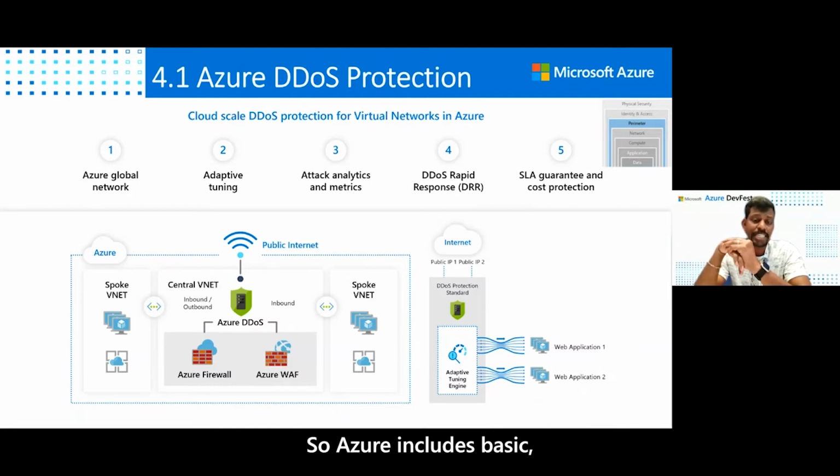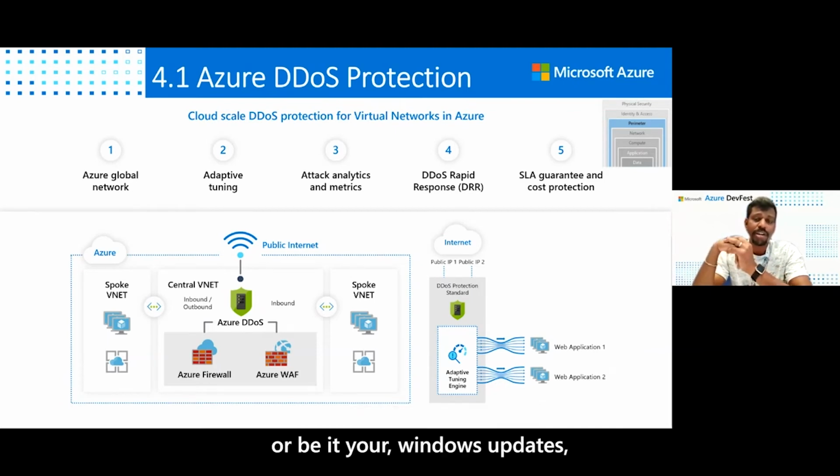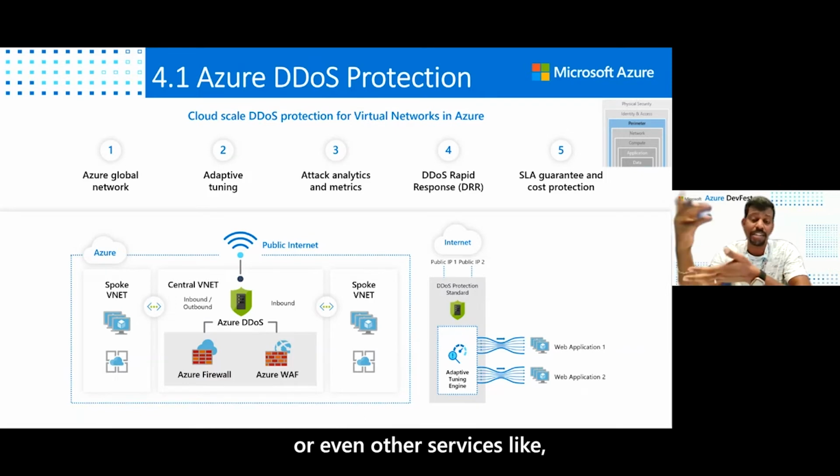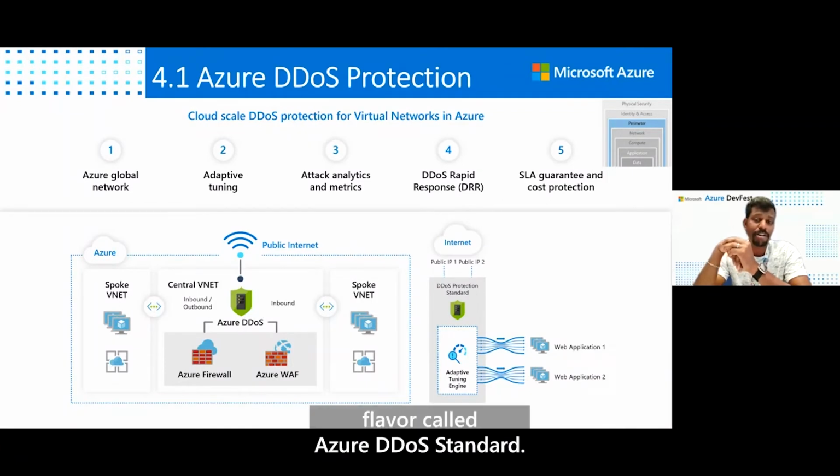Azure includes basic distributed denial of service protection, which can protect any infrastructure we offer, be it Office 365, Windows updates, or even other services like Xbox Live and Azure. But on top of that, we have another flavor called Azure DDoS Standard,